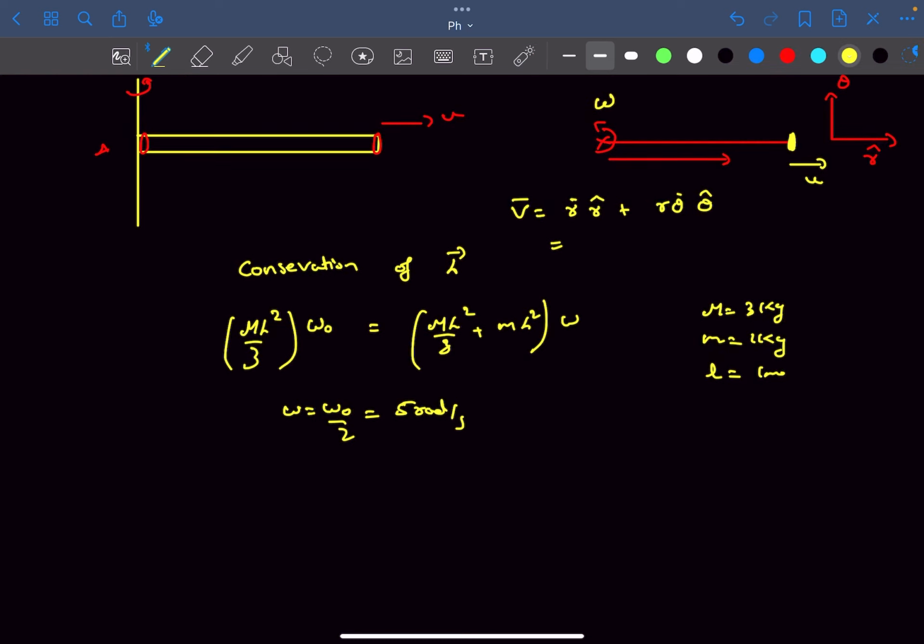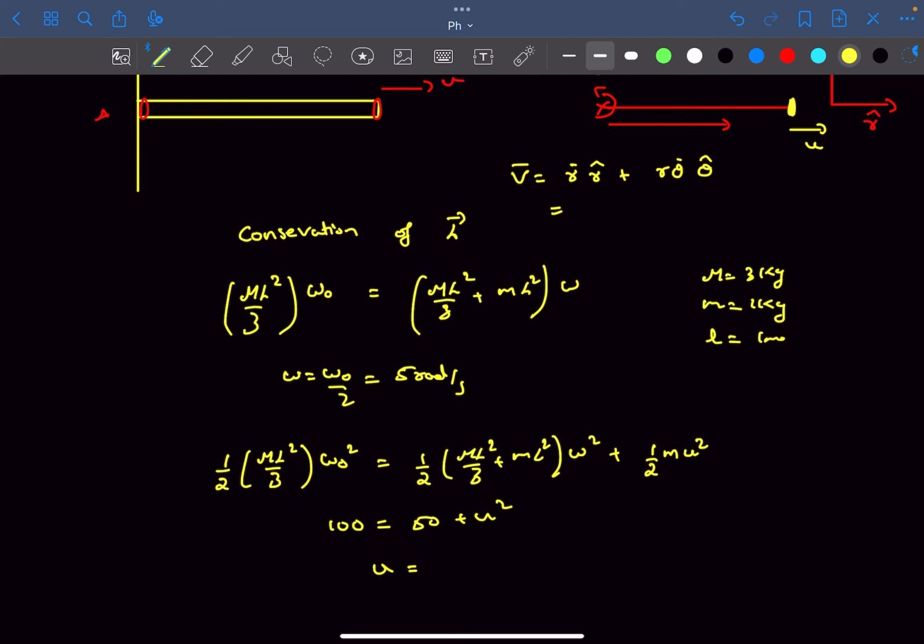So the initial kinetic energy of the system is half I of the system, which is ml square by 3 initially, times omega naught square. Finally it is going to be half I of the system, which is now ml square by 3 plus ml square, times omega square, and on top of that there will also be a half m u square. On solving you'll get the value of u as 5 root 2 meters